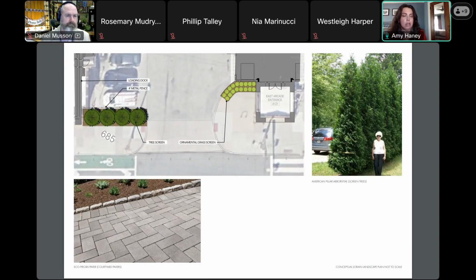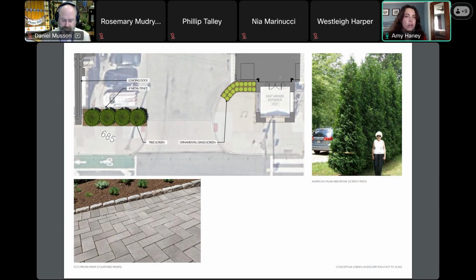The other landscaping that we are proposing here is to block off the loading dock area a little bit. Currently, there are people probably parking on the sidewalk where they shouldn't be parking. So that tree screen is proposed there from the corner of the market hall on the east side with some screen trees, and then a 4-foot metal picket fence to discourage people from cutting through that area on foot and knocking down the trees.